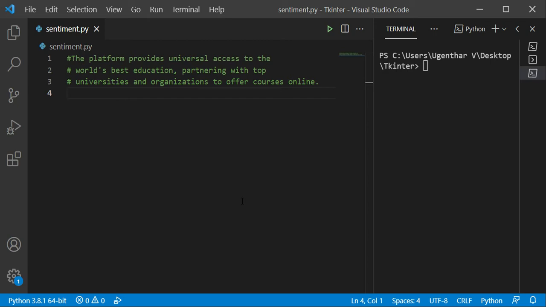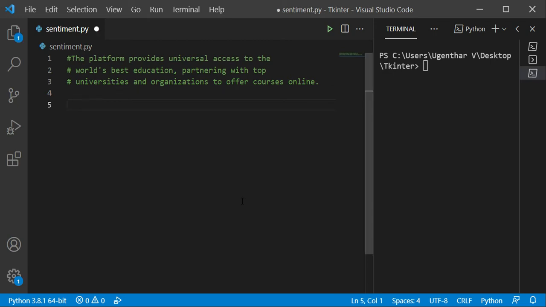You can use this sentiment analysis if you are building any apps, or if you are creating your portfolio website and many people are giving comments about it, you can filter those comments as positive, negative and neutral for your portfolio website. This is the basic usage of sentiment analysis.